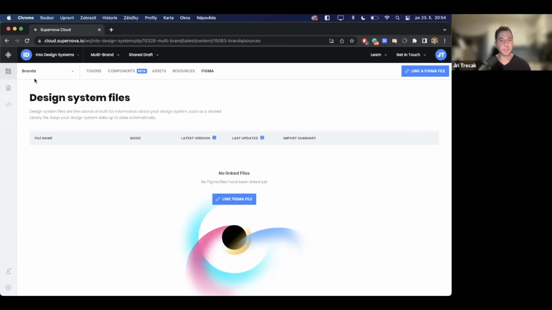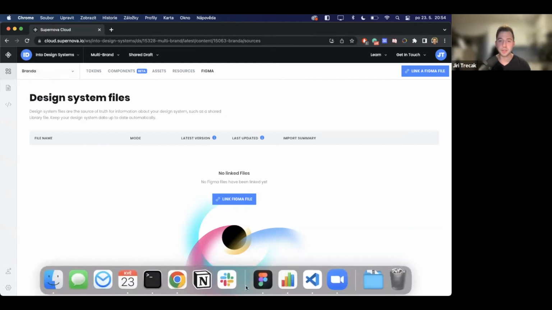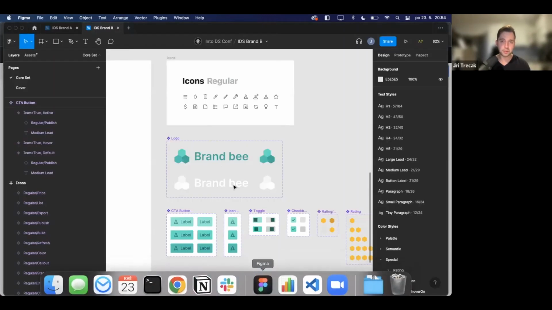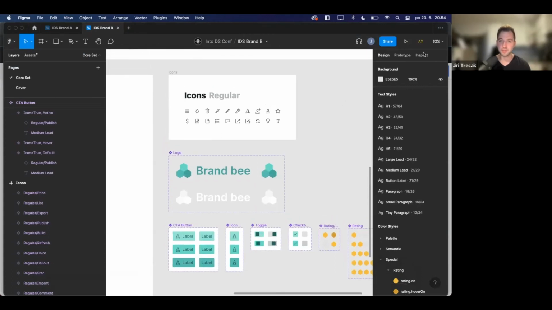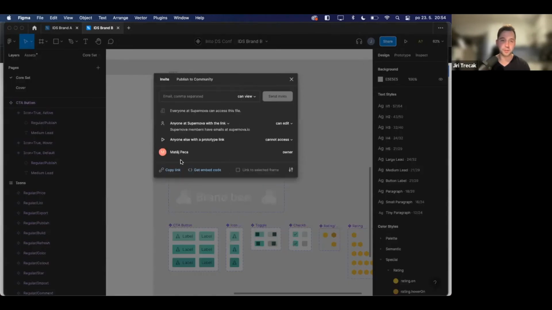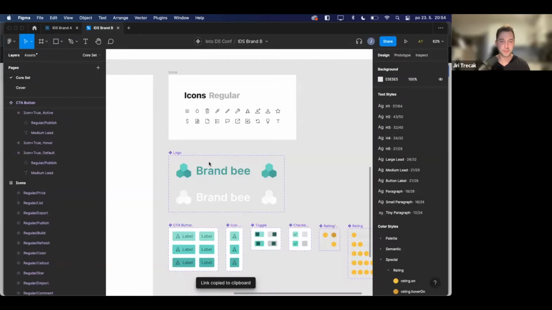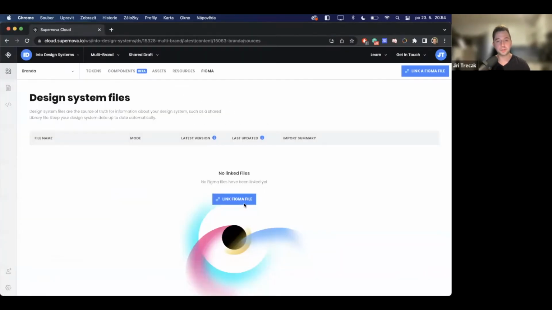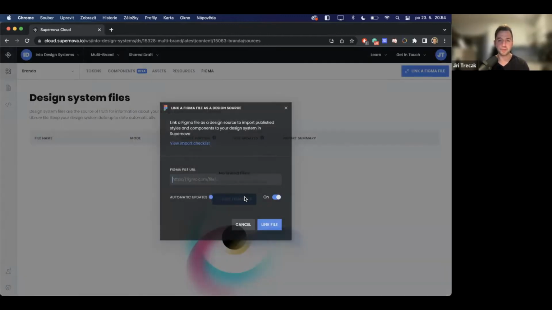So right now you can see that I have Brand A, right? And I'll go to Figma. Our import is that easy. You just share the link. If it's private, it will tell you that you should log in with Figma. We have integration with them. I will just copy the link for myself. And I will go and link the Figma file here. So using the Figma integration, link Figma file,